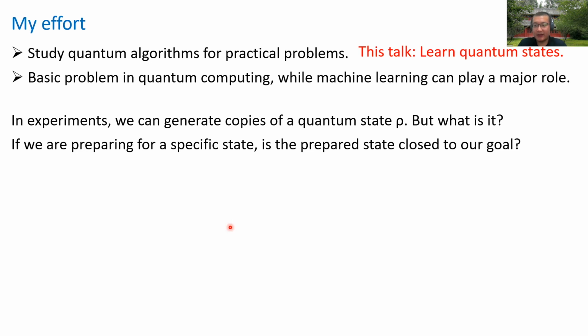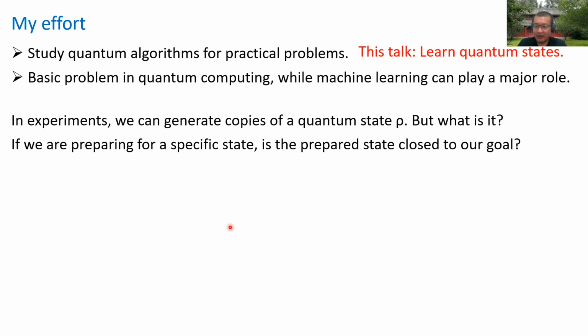This really happens, for instance, in the calibration of current quantum devices. Maybe you are very excited that you have a quantum chip with dozens of qubits and you run a quantum circuit on it. But we all know that currently quantum computers have single-qubit and two-qubit errors, and maybe the state you prepared is not exactly what you want. In such cases we really want to be careful, make some calibration, and make sure that we are preparing the right state that we want.